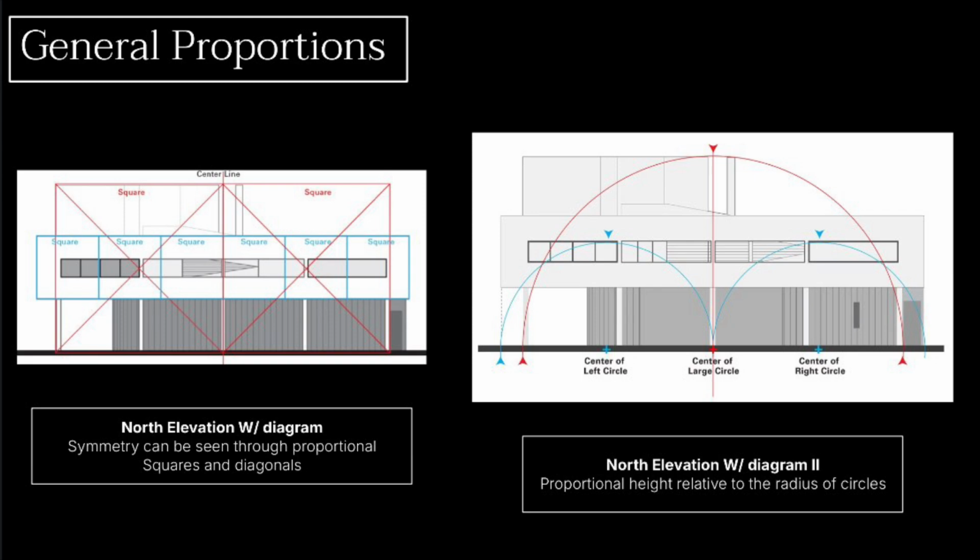There's also balance between solid and void. The white walls take up more space than the windows, but the windows are placed in a way that keeps the facade from feeling heavy. Everything feels even and distributed without one part overpowering the others. Overall, the proportions in the facade create a sense of harmony and control. The strong horizontals, consistent spacing, and balance of solid and empty space all work together to make the design feel simple but